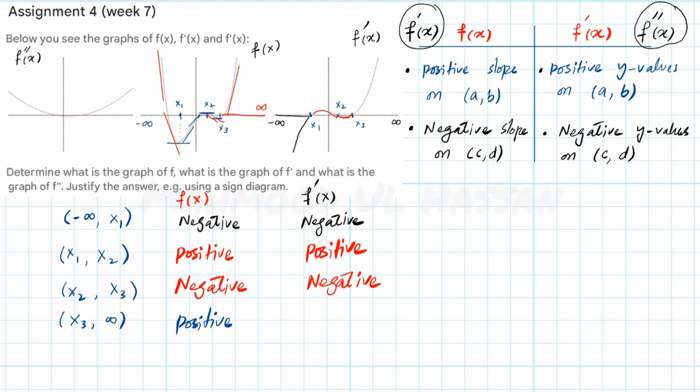And now we are going to check the y values of f prime of x, and you can see the y values are positive here. Okay, so that is true for the function f of x and f prime of x. So up to here our hypothesis is true. Our hypothesis was, the middle graph is f of x, and